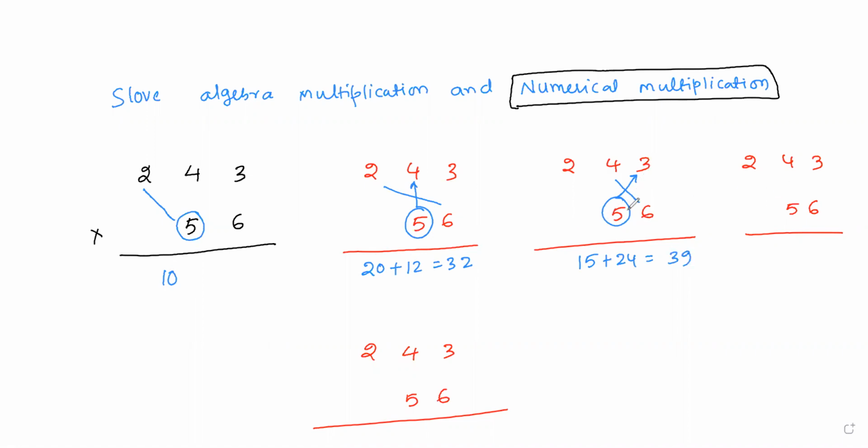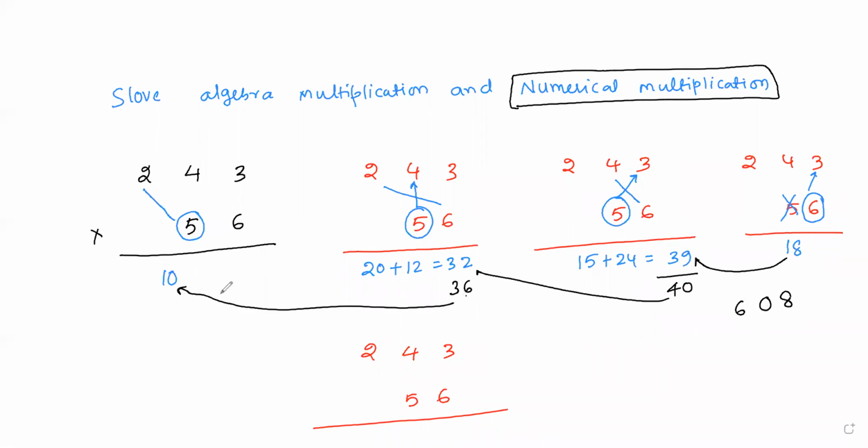So my 5 reached 3, it is eliminated. A new digit is selected, that is multiplied with the unit place digit. So that gives us 18. Balancing the steps, here you are getting 8. This one is carried forward to this part. Then this number becomes 40. In the 40 we are taking 0, and this is carried forward to this number. Then it becomes 36. We are taking only 6. 3 is carried forward to the next place. Then it becomes 30. So this is the final solution.